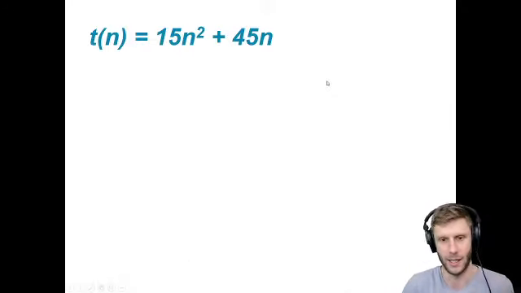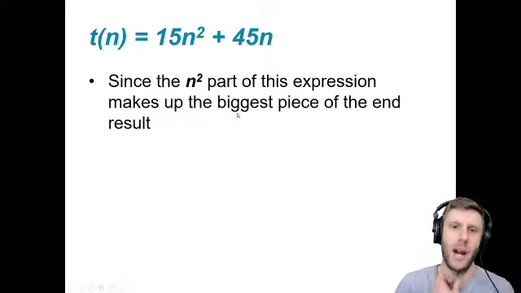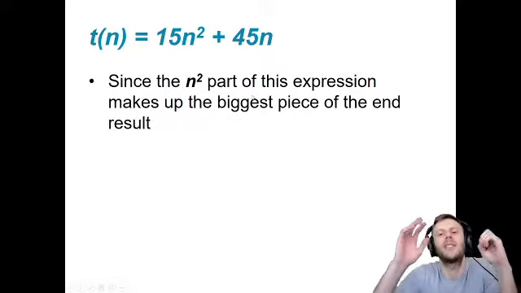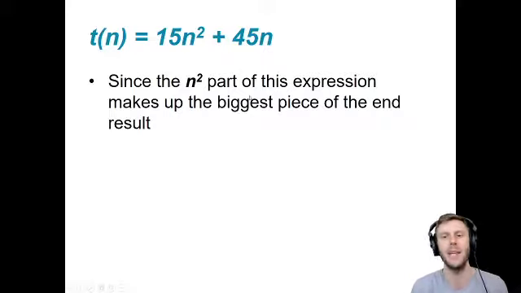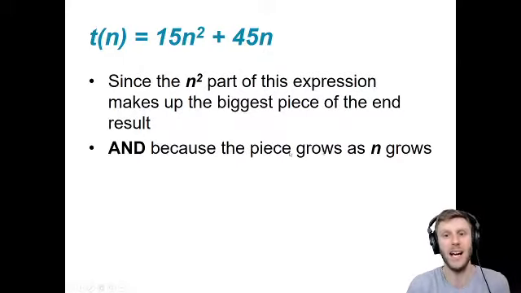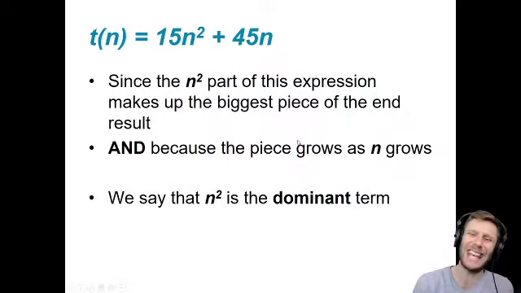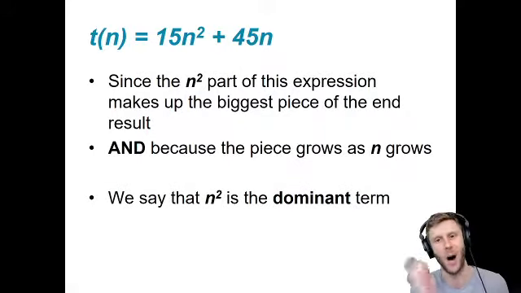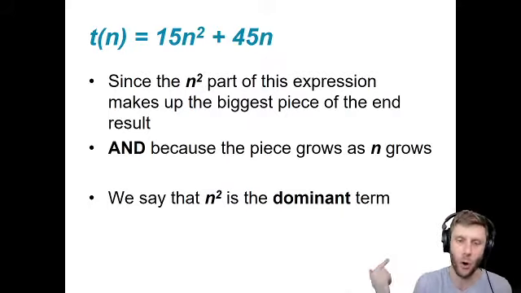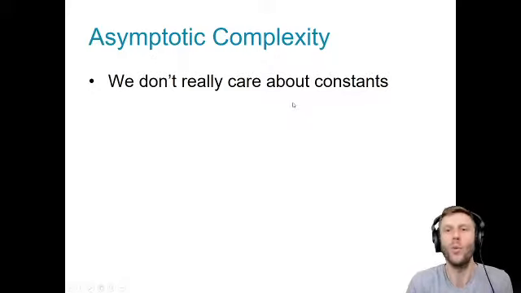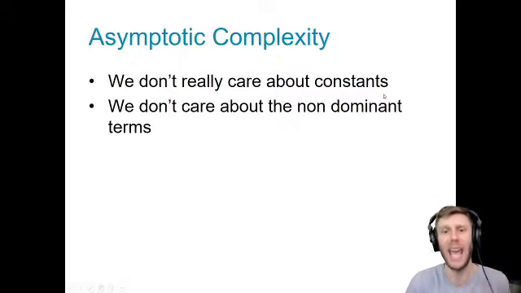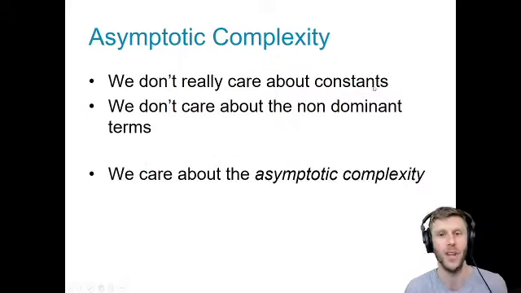So since n squared is the huge part, it makes up the biggest part of the whole expression. And because the piece grows as n grows, we say that the n squared portion is dominant. It's the dominating portion of this function. And we don't care about the constants. We don't care about the non-dominating terms. We care about